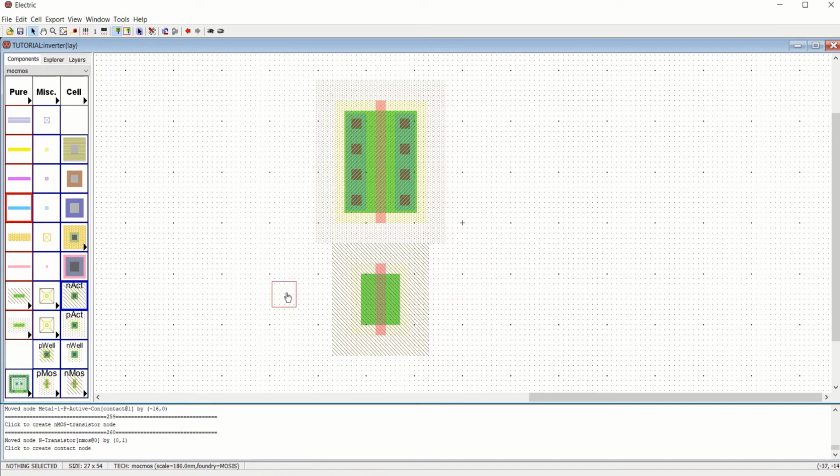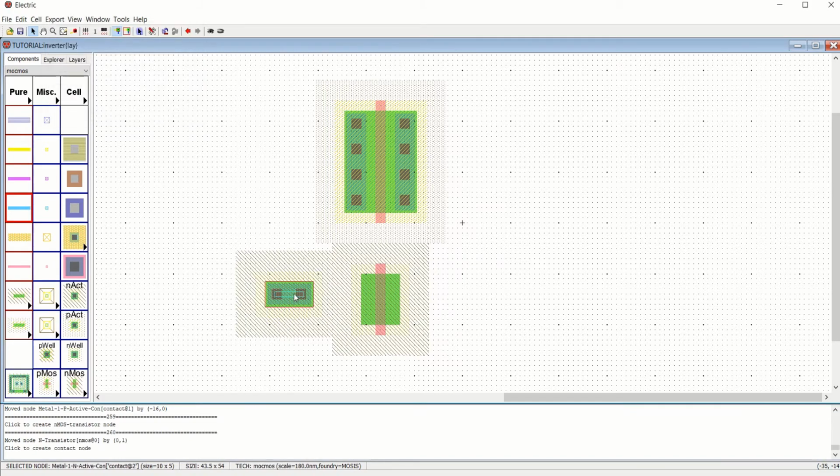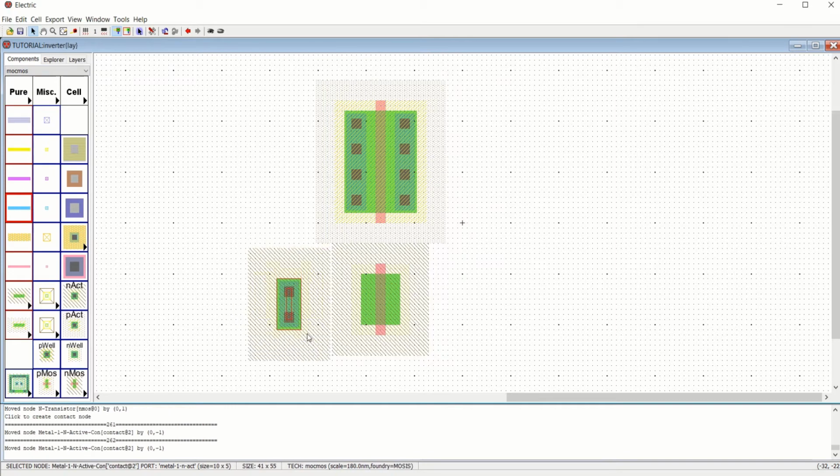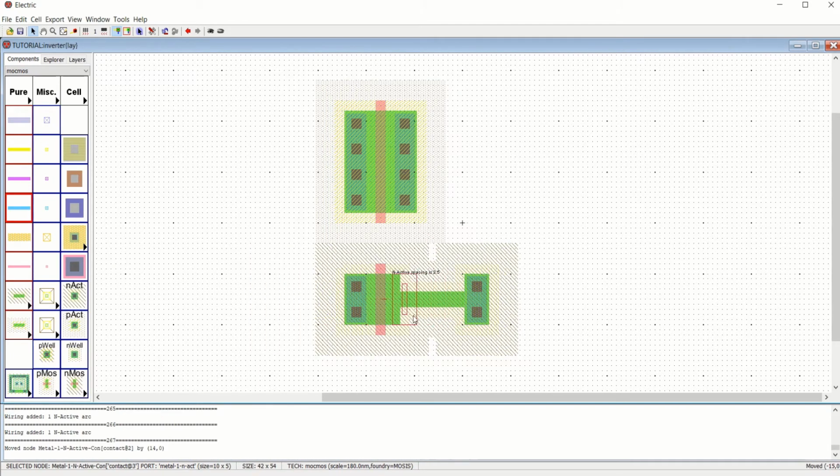Next, use N active for the source and drain of this NMOS, whose dimensions are 10. Use Ctrl J for rotation. You can use the up and down arrow keys. Ctrl C, Ctrl V for copying. The same process: left click, right click, left click, right click. Next, bring them closer so that they form the transistor.